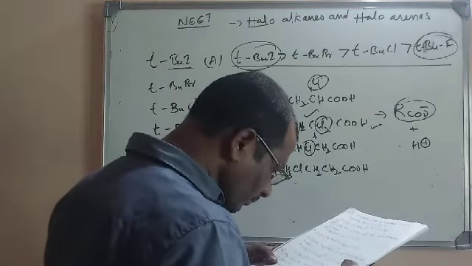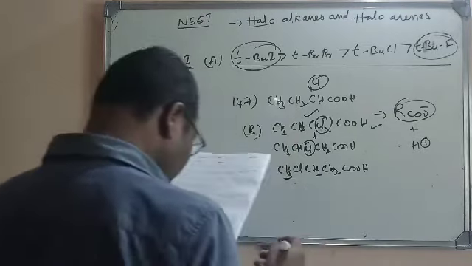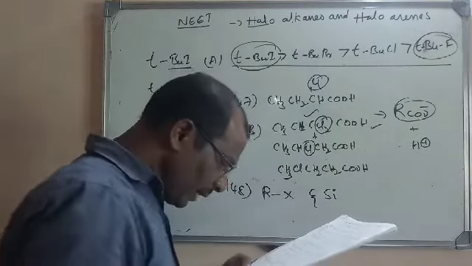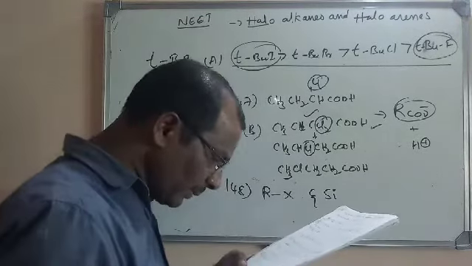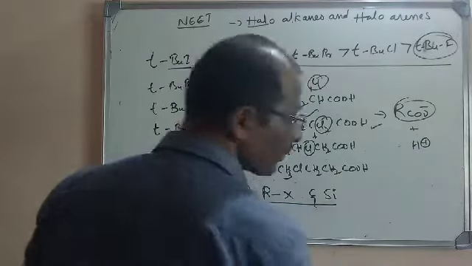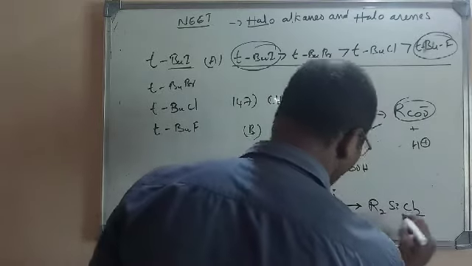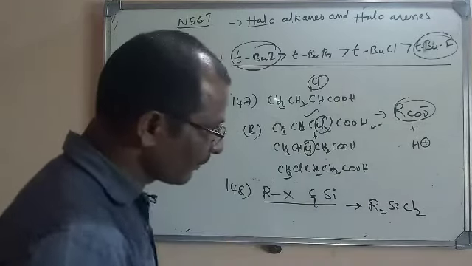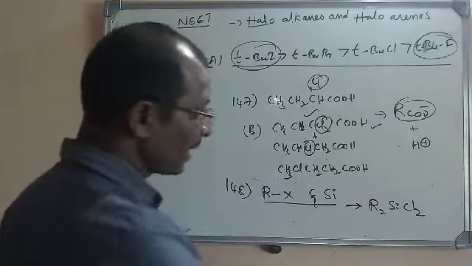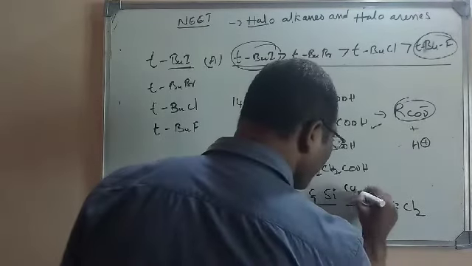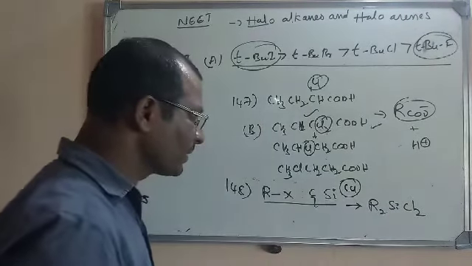Alkyl chlorosilanes are made by reaction of RX with silicon in the presence of: copper powder, ammonium hydroxide, manganese powder, zinc powder. Actually, what are alkyl silanes? The structure of alkyl silanes is R2SiCl2, the general formula, where R is an alkyl group and Cl is chlorine here. Actually these are prepared by using copper powder. So the first option itself is the right option.